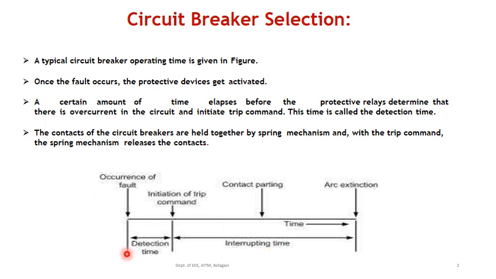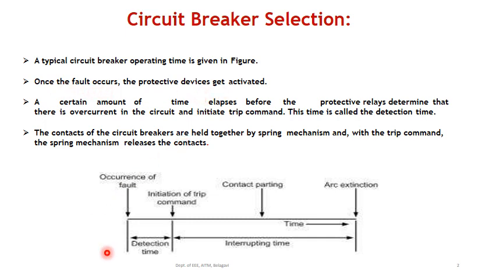Once a fault occurs in the system, we need protective devices in our system, right? Whenever a fault occurs, we need to limit the fault current flowing through our entire system. That can be taken care of by using some protective device. A circuit breaker is a kind of protective device which protects the entire system from the fault current. Once the fault occurs, how the circuit breaker behaves, we are going to study in this particular section. Okay, so now suppose a fault is created.